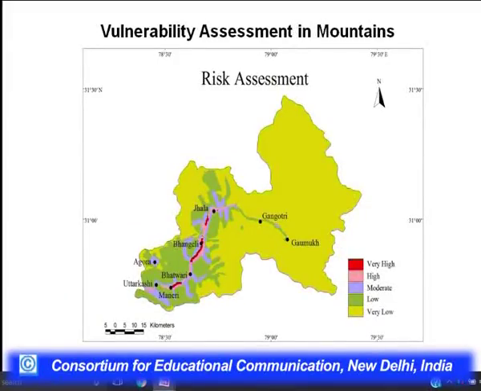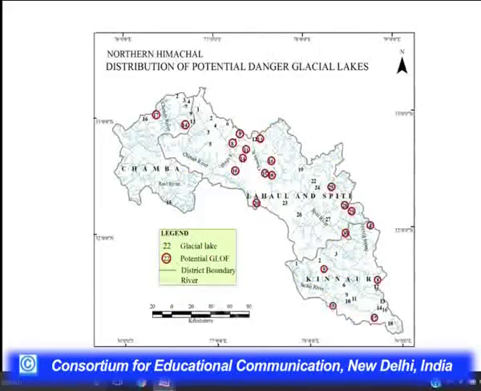Here we did the vulnerability assessment in the Uttarkashi region, and we combined the flood vulnerability, landslide vulnerability and avalanche vulnerability. All together can be combined under the geographic information system, and we can say to the planners and decision makers where we have very high probability, where very low probability. You can see here the distribution of potential dangerous glacier lakes identified